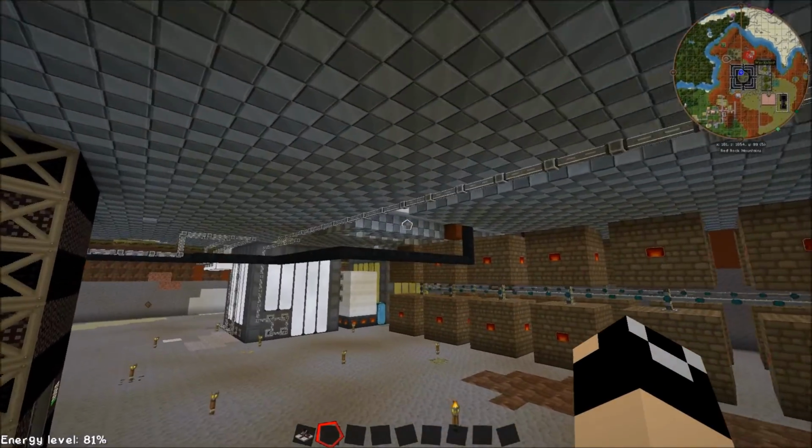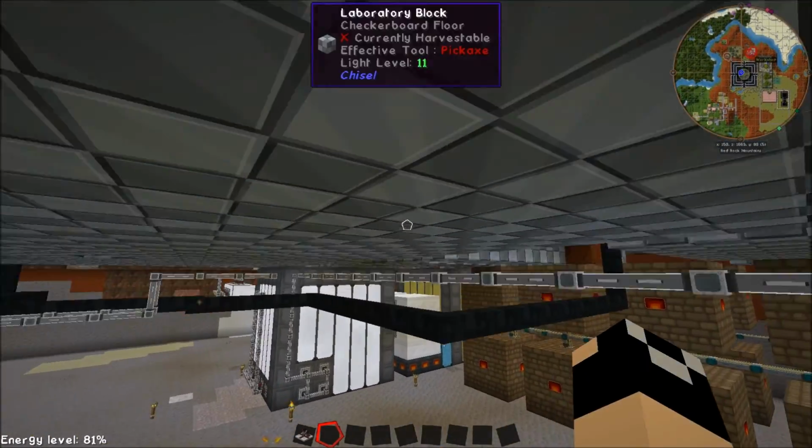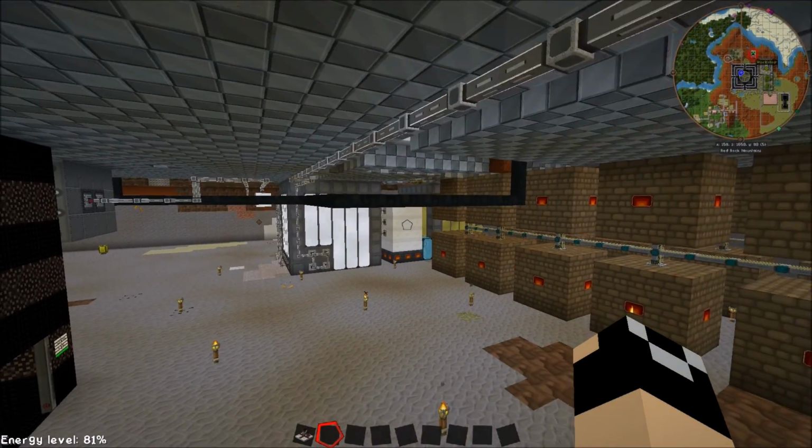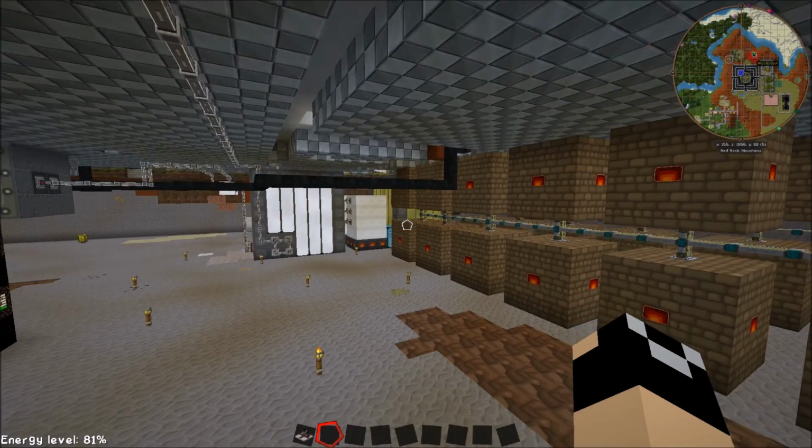This took me like 15 minutes to place down, because I would place a block, I would place a conduit, and then it wouldn't place, and it would wait for like 20 seconds, and then it would finally place one. So,